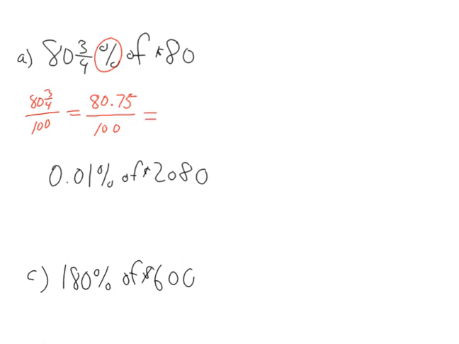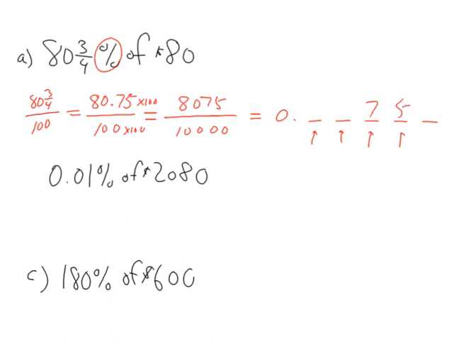80.75 out of 100 is equivalent to 8,075. I'm going to multiply by 100, get rid of that decimal. Multiply by 100 out of 10,000. Now, if I read that fraction, it's 8,075 10,000ths. Put my places here. This is the tenths, this is the hundredths, this is the thousandths, this is the 10,000ths, which means my number has to end there. So that is